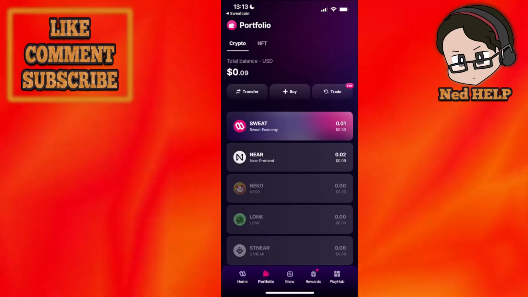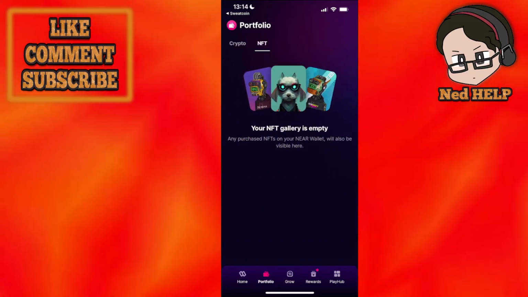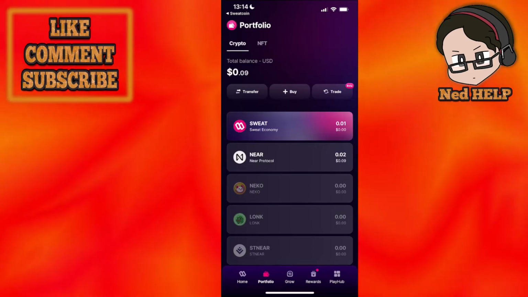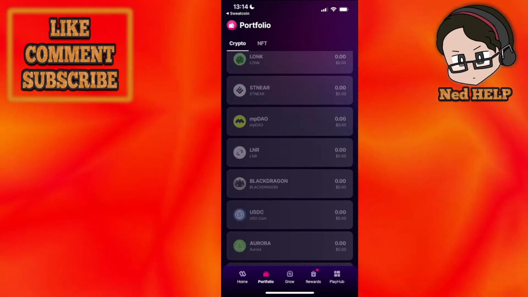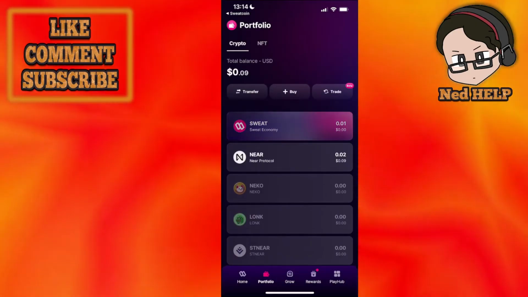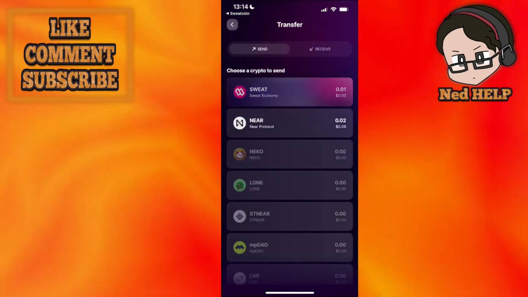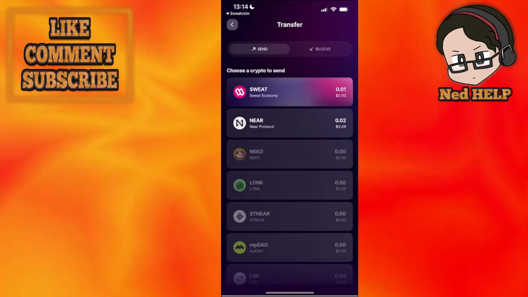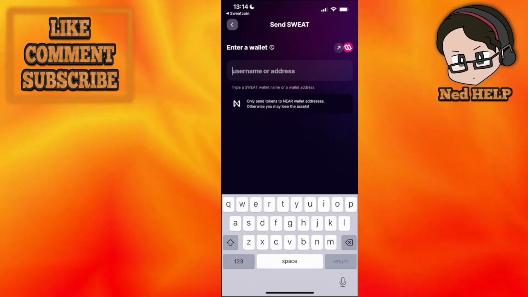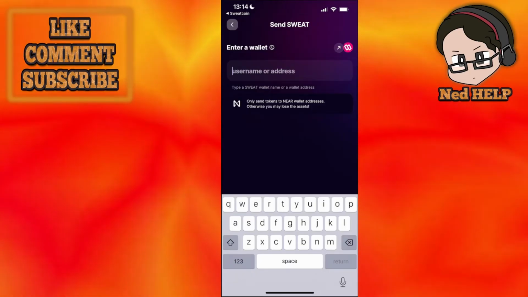Here, if I click on portfolio, you can see how much money you have. Currently I have 9 cents in crypto and 0 in NFT. If you want to transfer over this money, you can choose any of these cryptocurrencies. If I, for example, want to use Sweatcoin, I'm going to click on here and click on transfer, and here I'll choose the currency that I want to transfer in. For example, the Sweat Wallet, and we can type the username or address, and this is going to transfer over this money from Sweatcoin to that new